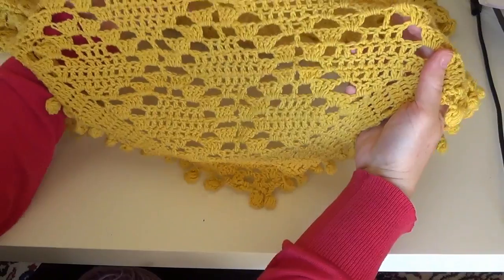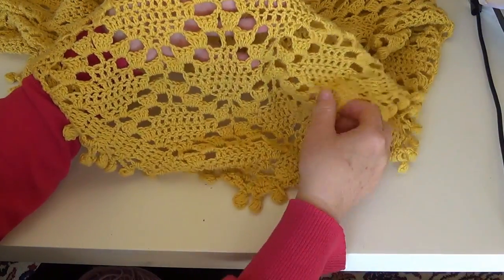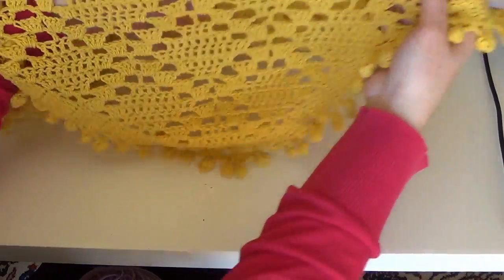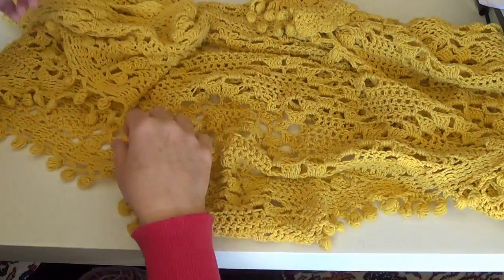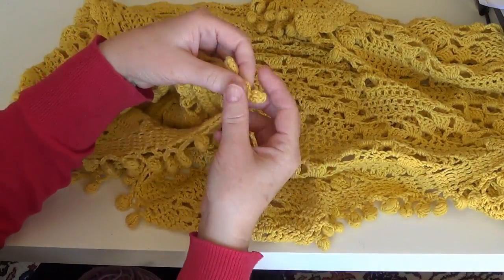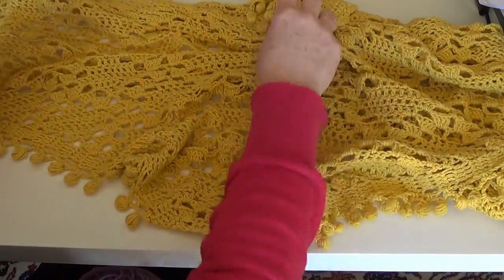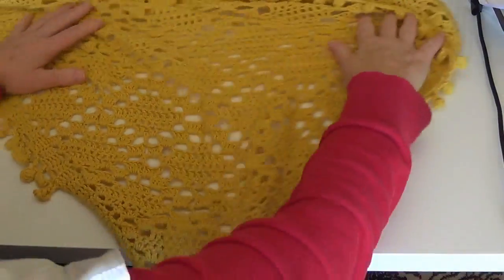This is the way that the pattern is getting wider and wider. And finally I made an edging of small balls made with the crochet hook. I think they look nice. Choose your own color and let's get